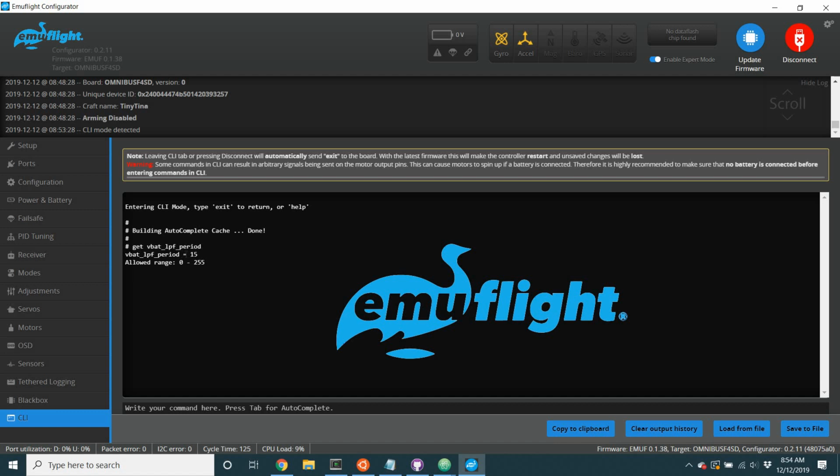Before this piece of code, this vbat low pass filter period was already in the code, but changing it would do nothing. We just broke it out so that changing it would do something. Old default was 10, I moved it up to 15, so your battery voltage will jump around just a little bit more than it used to. If you run defaults, shouldn't be anything crazy. Betaflight defaults are 30,